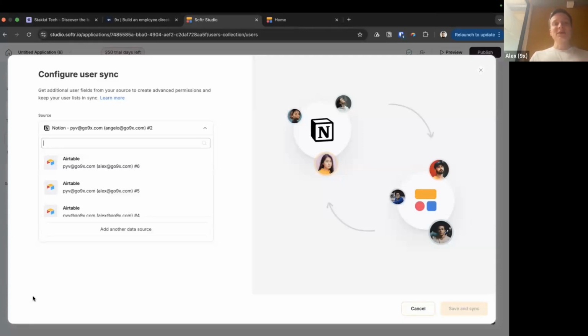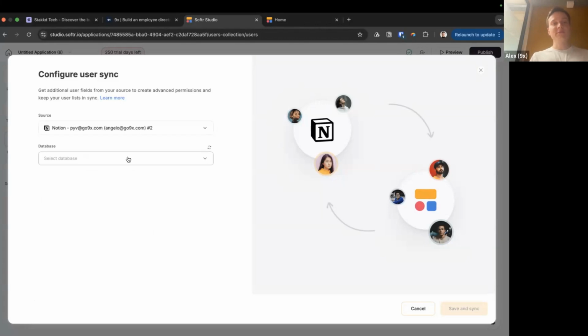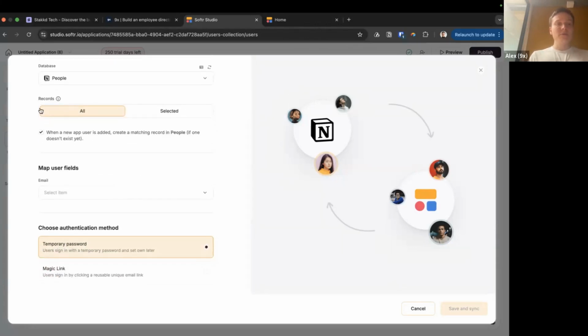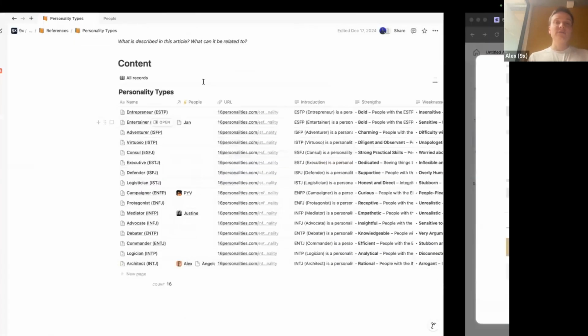We will see that here it makes a ton of sense in an employee directory, in a team directory, that the users are in the same table as the one I have in Notion, because then they will be able to edit their own data. And so I'm using the same connection and I'm pointing to the people table. There I have a couple of options. We have one field to identify users with. So you will need to have that inside your Notion database. If you don't have it here,